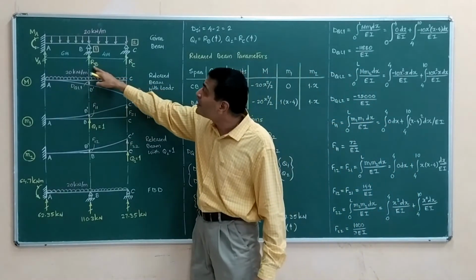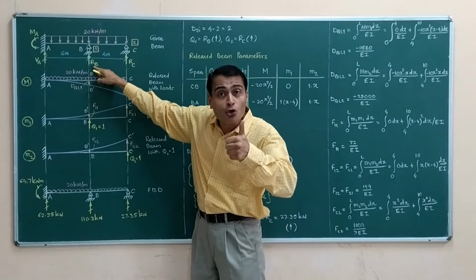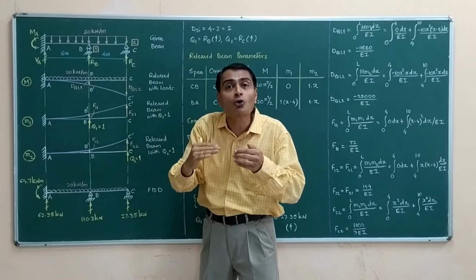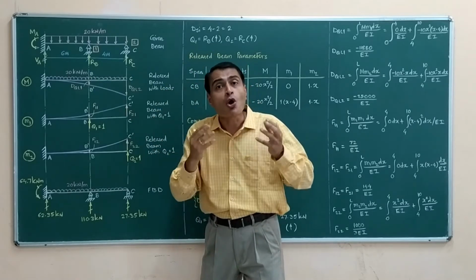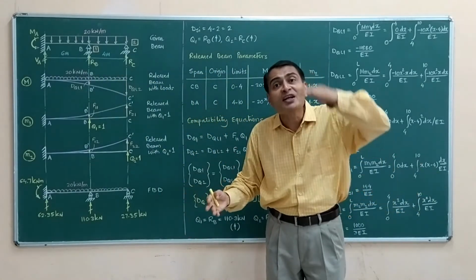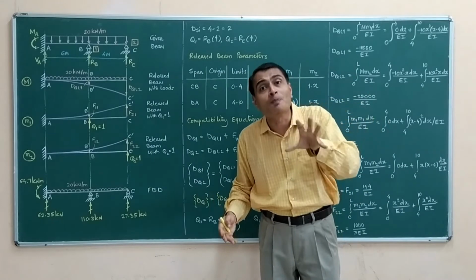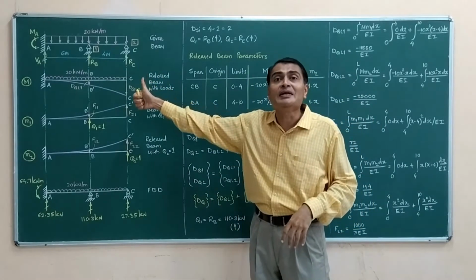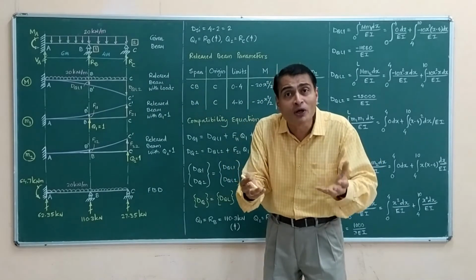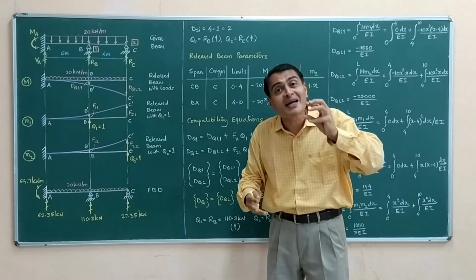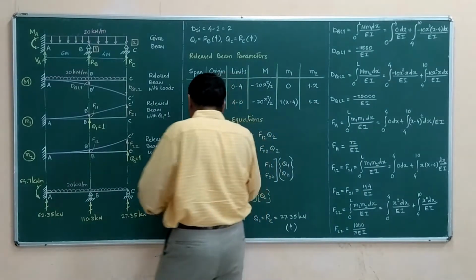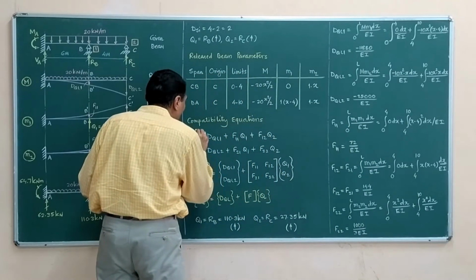My q1 is RB. RB is a force. So at B point, whatever deflection I will get up or down, that is my dq1. Now of course, when you have a roller support here, you do not expect any deflection there. You may expect slope, but corresponding to RB, my redundant, the deflection is going to be my expected displacement, which is 0 in the original given configuration. So this dq1 is nothing but 0.